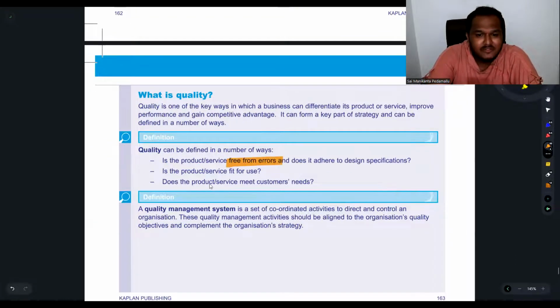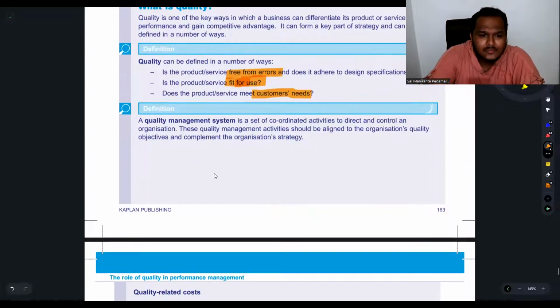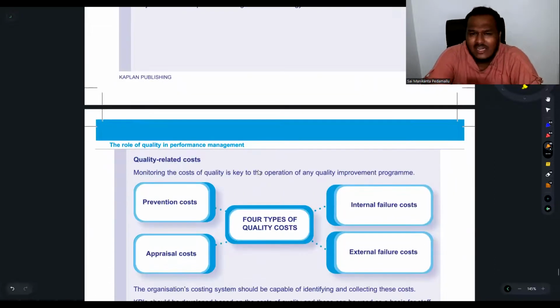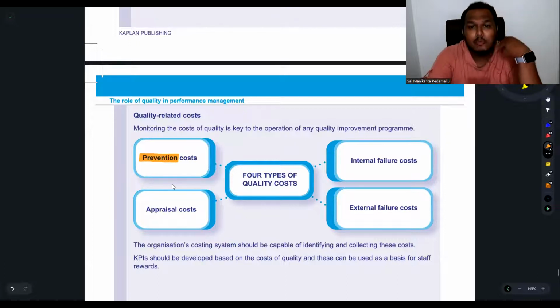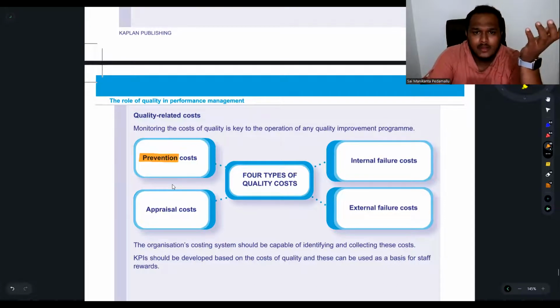Quality means being free from errors, fit for usage, meeting the customer's need. All of these are different definitions of quality. So a management system will be there. Quality related cost. Prevention cost means cost that we incur to prevent failures from happening, like designing and control procedures,